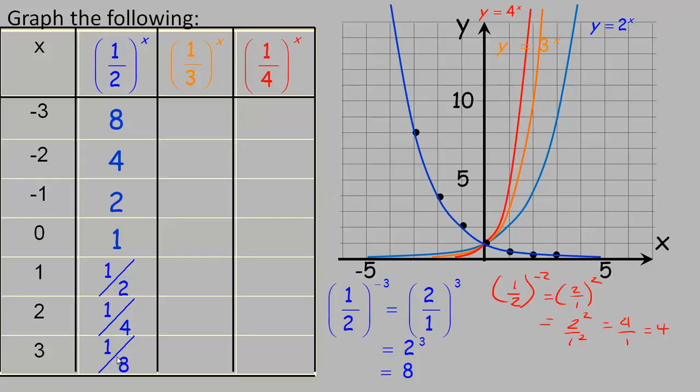It's the same y values, just in a different order. So this is actually the 1/2 to the x graph. They're actually reflections of each other in the y-axis, and that's because of the fact that 1/2 and 2 are reciprocals